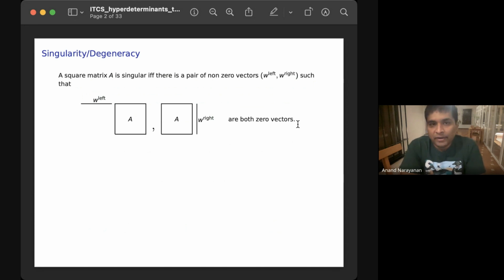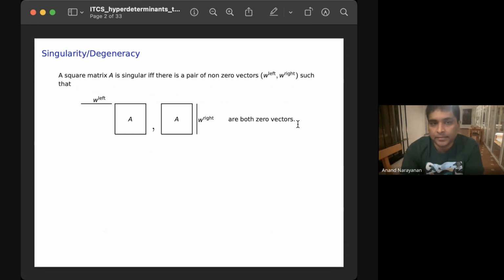And now I'm going to phrase this perversely, but still in an equivalent way, and say that the square matrix is singular if there is a pair of vectors such that both the vectors are non-zero. And if I multiply the matrix by all but one of the vectors, then the resulting vector is the all-zero vector. Right? So this is a very strange way of saying something that is very obvious, but it is one